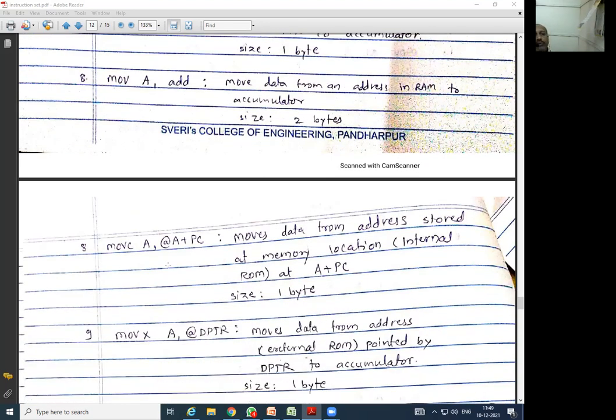Similarly, if we move ahead, it is MOV A, address. तर त्या पर्टिक्युलर ऍड्रेस वरचा जो डेटा आहे तो अक्युमुलेटर मध्ये ट्रान्सफर केला जातो. So this is what we have seen many times, is it?